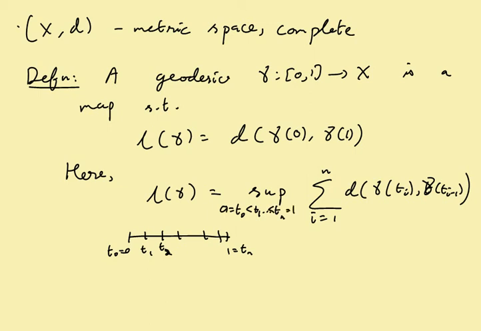You could do this for any interval. So what this is saying is that you partition it and look at the distance between successive pairs of points, add this up and take the supremum over all partitions. This may be infinite, of course. So the above equation says that the length is finite and equal to the distance. Unless of course we have spaces where we allow distances to be infinity, in which case we interpret it